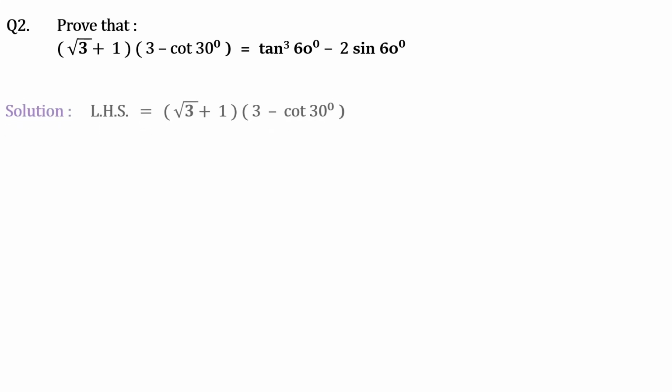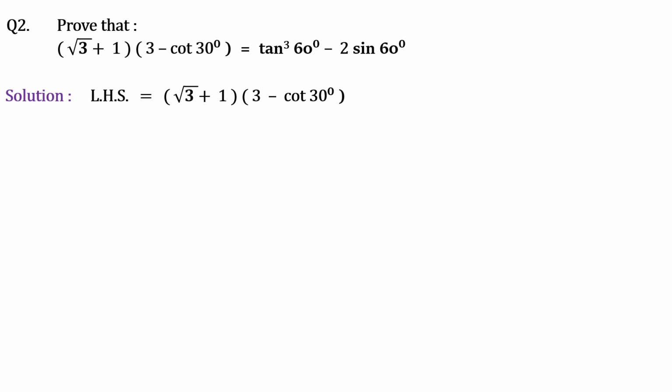So let's start. First of all, we will take the left hand side. In the left hand side, as you can see, two brackets are getting multiplied. There is nothing to substitute in the first bracket, so let it be as it is. Now in the second bracket, I have 3 minus cot 30. I told you before also, we need not memorize the value of cot 30, because if you know the value of tan 30, you know the value of cot 30 also. Tan 30 was 1 by root 3. So what will be cot 30? It will be the reciprocal, so it will be root 3.